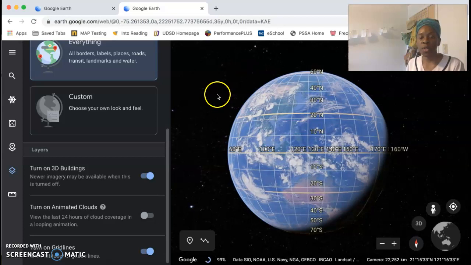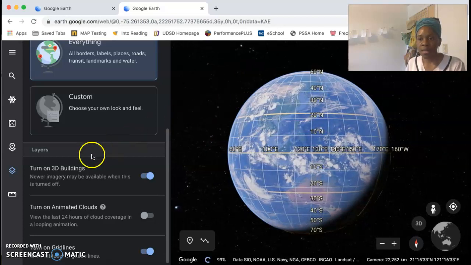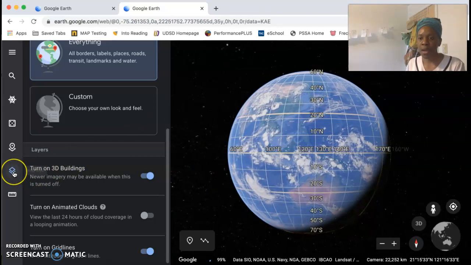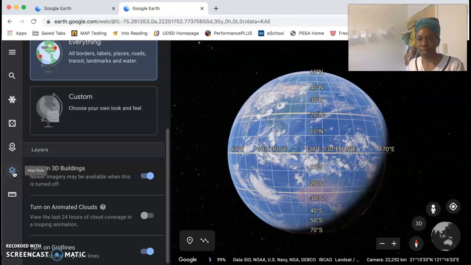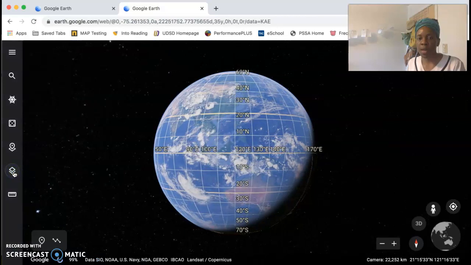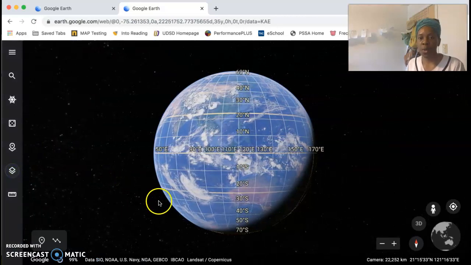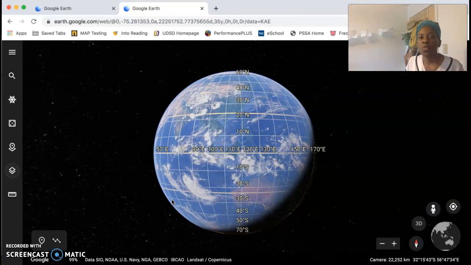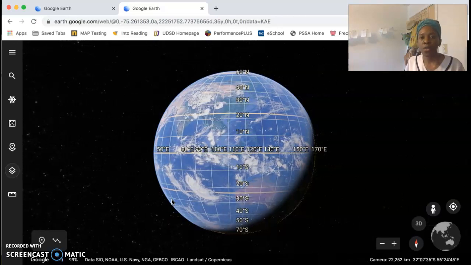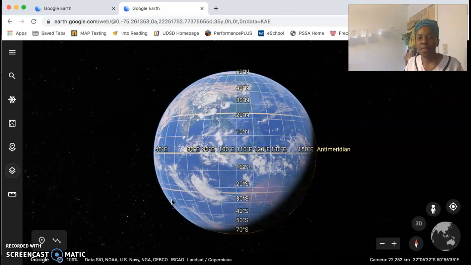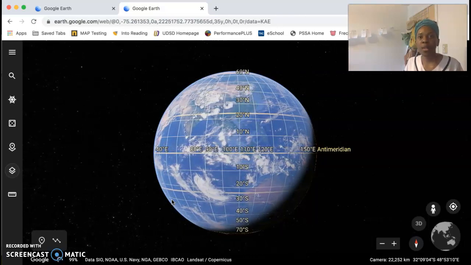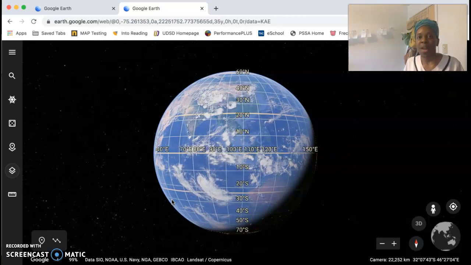What you can do before you get started with that is minimize the map style. So click on the icon for a second time. I'm going to do that. And then you're ready to do some exploring. So I want to show you before I close out how to zoom in and out, because what you're going to need to do is find the names of the major lines of longitude and latitude, as well as the